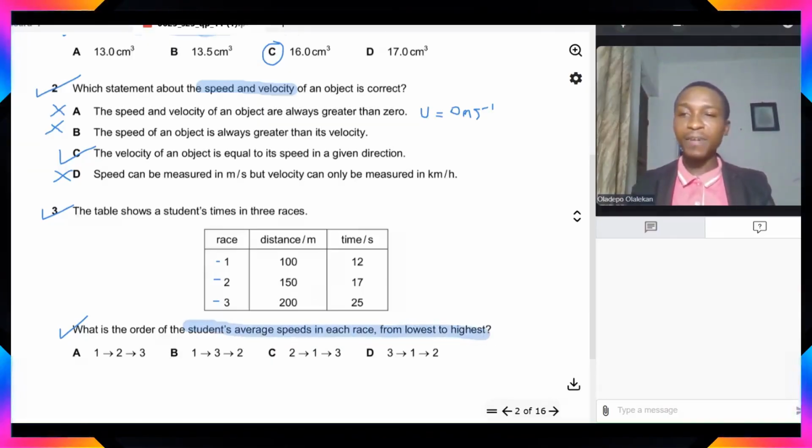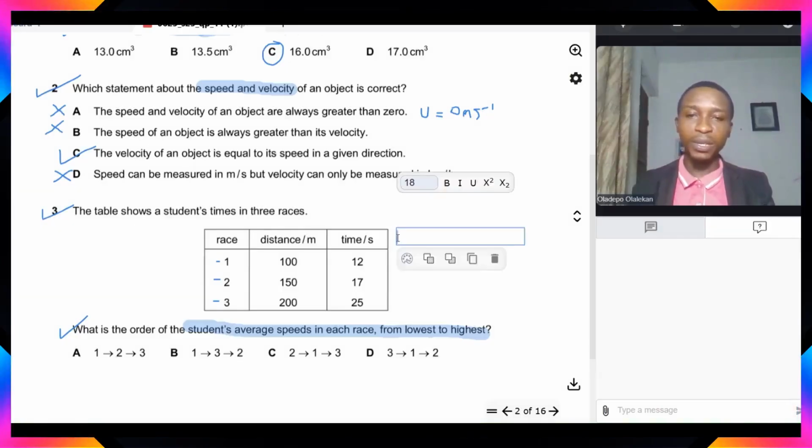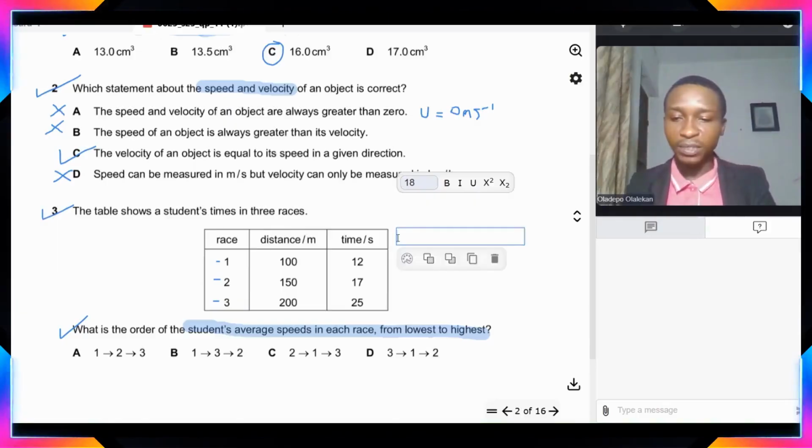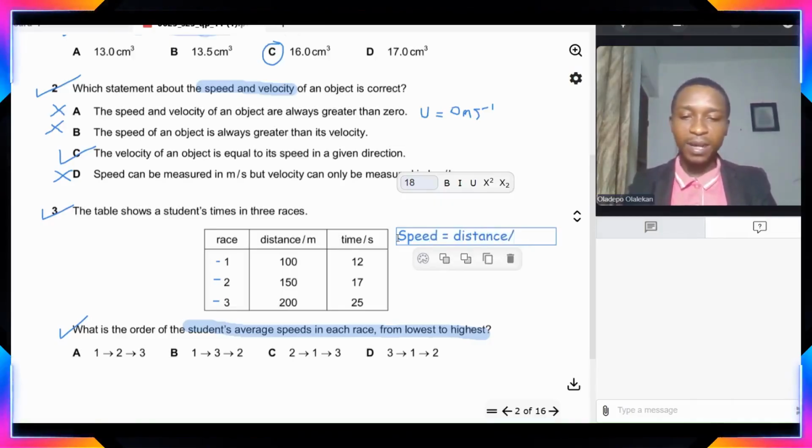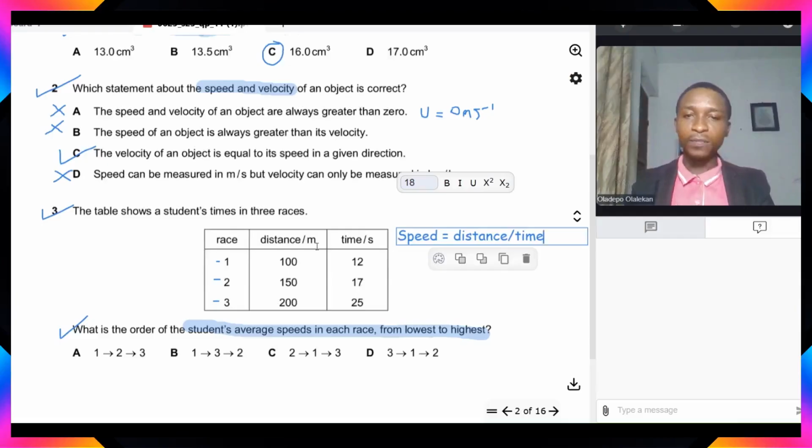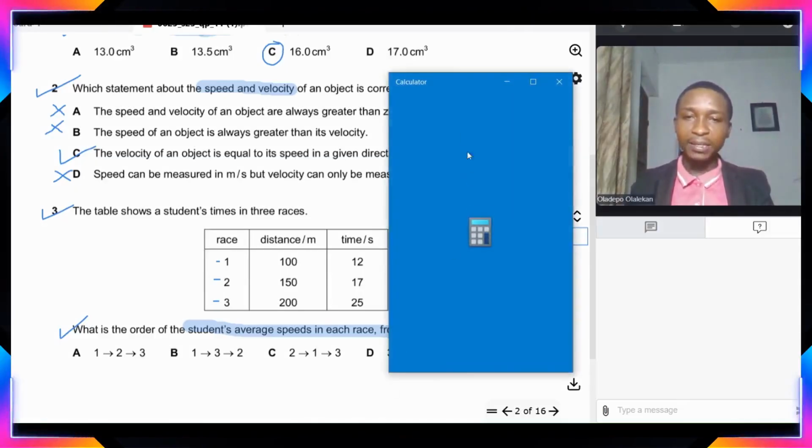Identify the problem. The problem we want to solve here is to get the average speed in each race in ascending order. To do that, we have to calculate the value of the speed in the corresponding race. And to get the speed, let's put the formula of speed. Speed is equal to distance over time taken. For the first one, the distance is 100 meters, while the time is